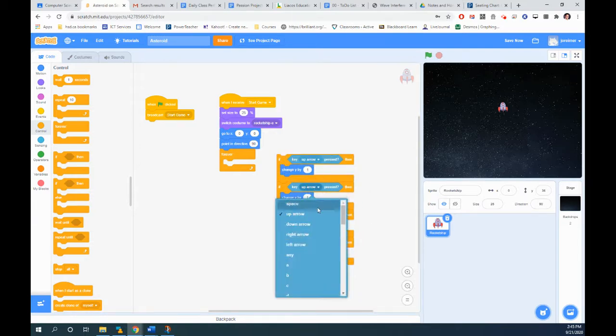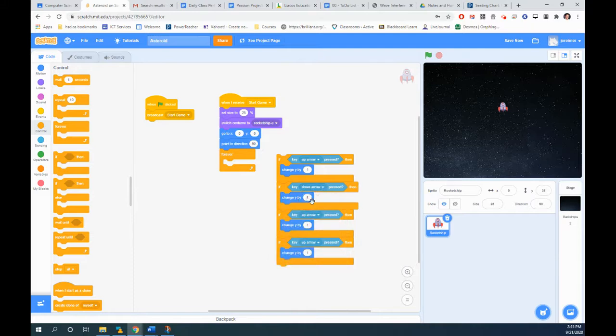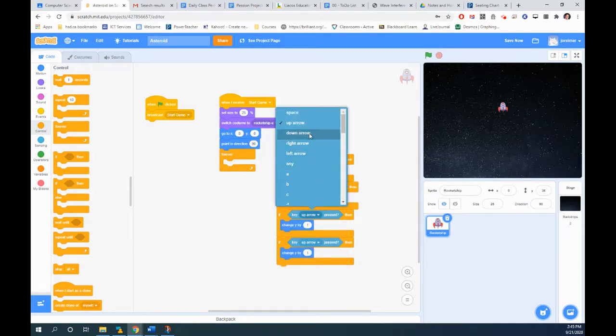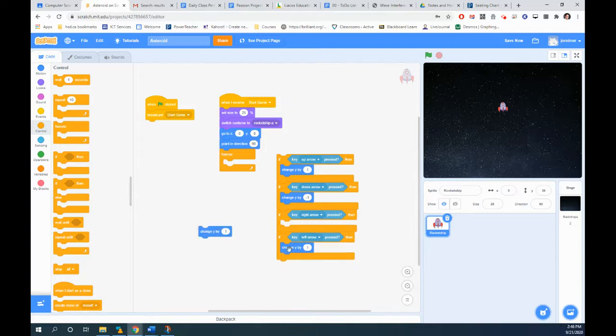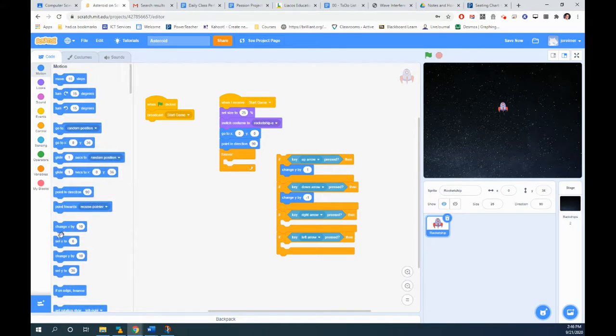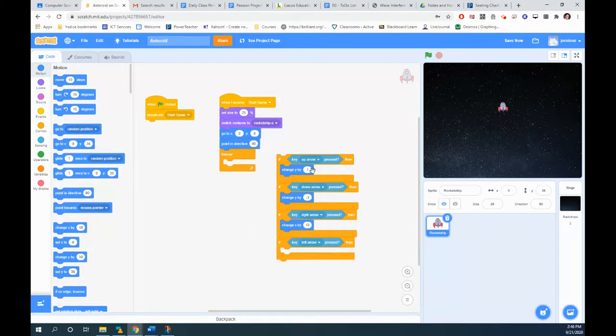Well, we got to change this. This needs to be down arrow, and then we change Y by -1. And we need a right arrow and a left arrow. Oops. Left arrow. But then for those, we're not changing Y, we're changing X. So we've got to go to motion. We've got to change X by, now obviously we saw 1 was not good, so let's do 5 and -5. We go right, we go +5, and make sure you're doing change X, -5, and we